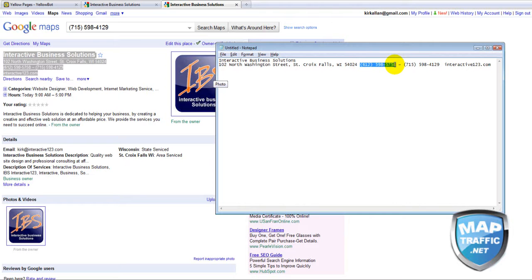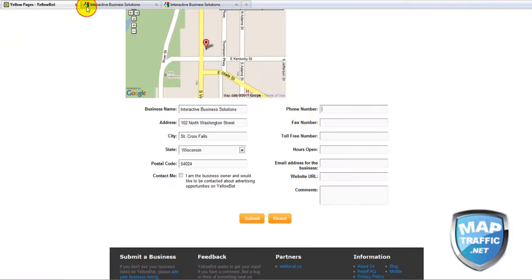Alright, the telephone number, make sure you put the right telephone number. This one has 2 different telephone numbers in their listing, and you want to put the correct telephone number. They don't have a fax number, we don't have a 1-800 number. The hours are open 9 to 5, Monday through Friday. Email for the business, the URL for the business,